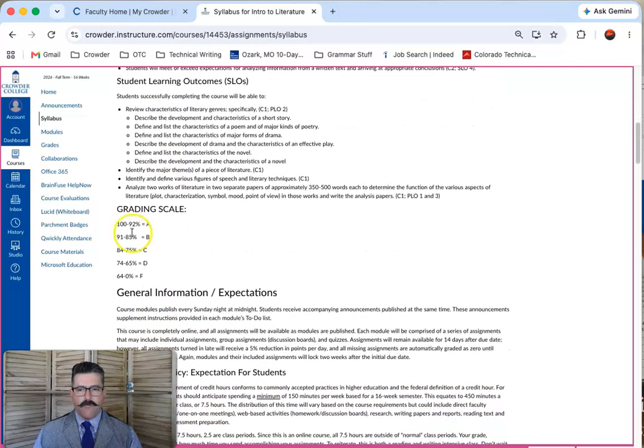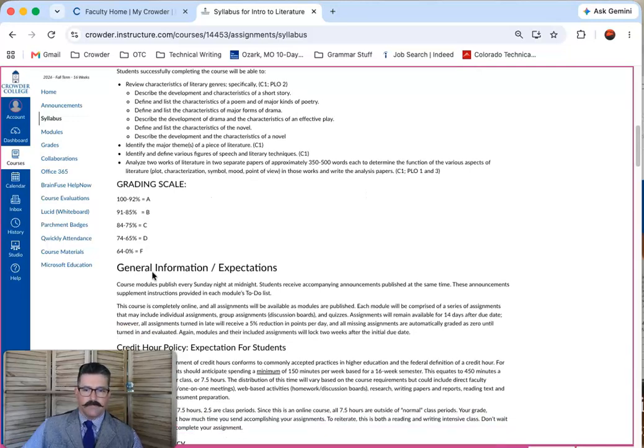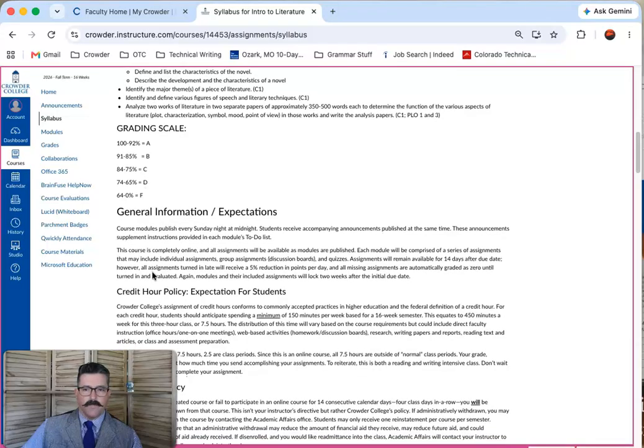Here's your grading scale for us in the English department. If you want an A, you need at least a 92%, a B, at least a 91%, a C, at least a 75%. Should you want a D, the minimum is 65%, and nobody wants an F, so don't even worry about it. But if you do get a 64%, that means you failed the course. Sorry, 64%, you failed the assignment. I don't think you're going to fail the assignment.